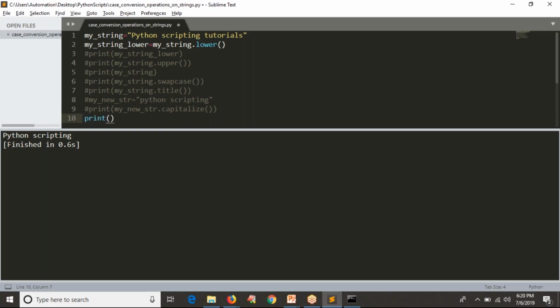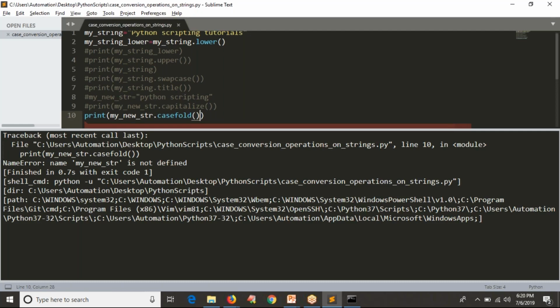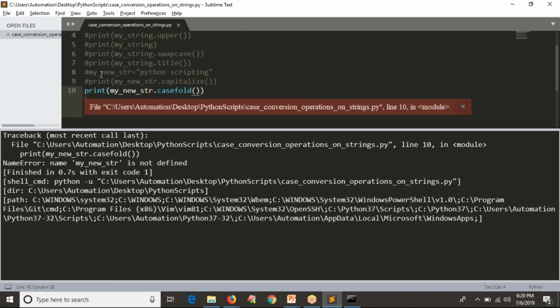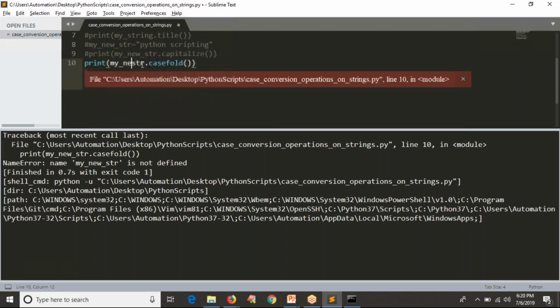Print your new string dot case fold, and observe the output what you are getting. My new string, yeah, I commented that, right? Let me enable this. Yeah, instead of my new string, I will take my string variable. Anything you can apply on any string, right? Observe the output.